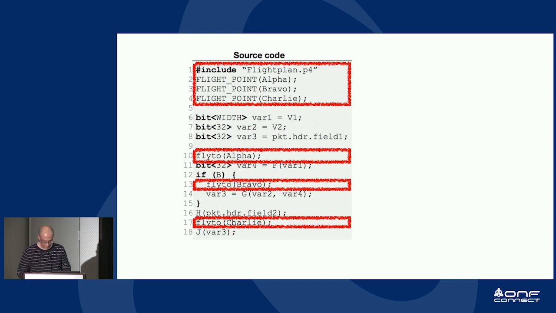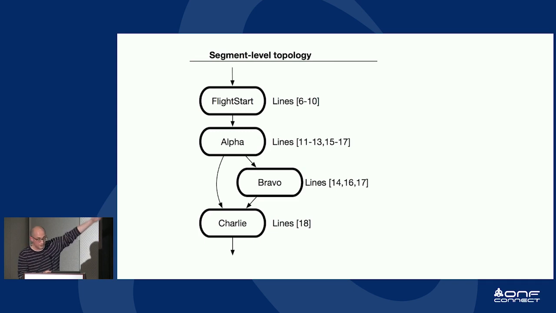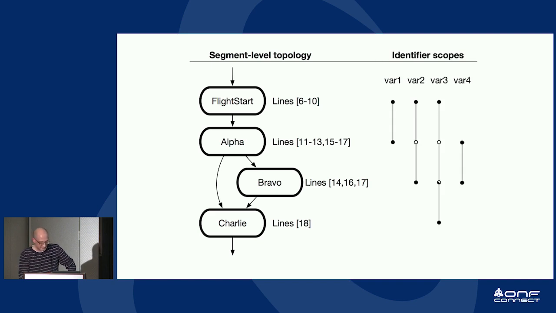And if we want to compile this program as a single program using a compiler, we'll simply ignore these fly_tos. But if we want to split it, then they will be interpreted to split the program into a topology, and this is an example of the topology we get. And the analysis will also gather variables in case they are declared in one part of the program, which might be mapped to one physical target, and used on another physical target. So we need to make sure that the information will be there when it's needed.